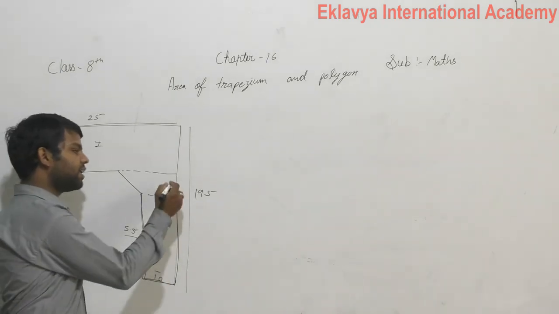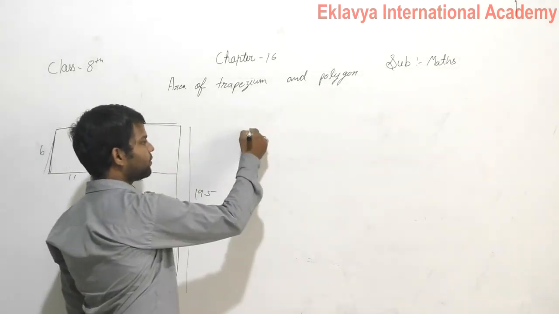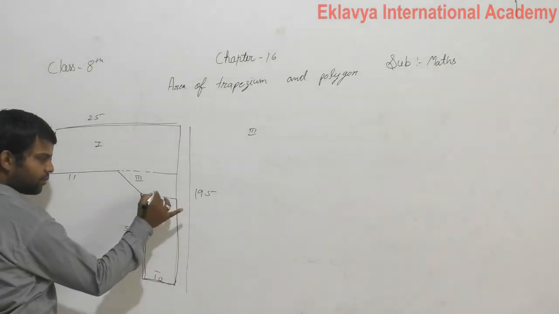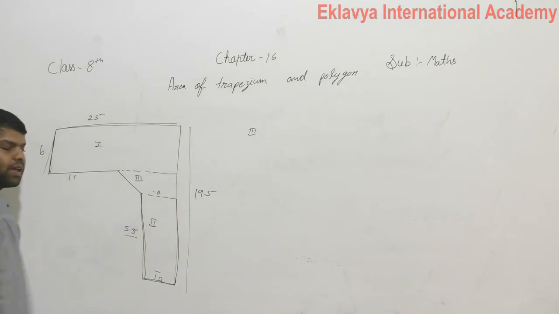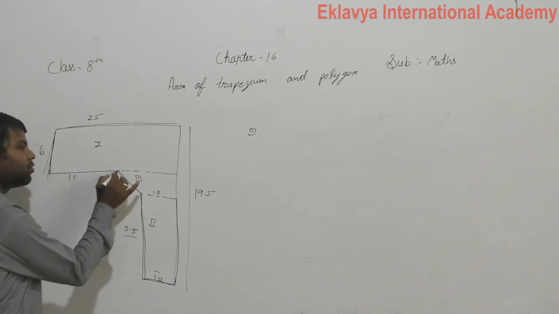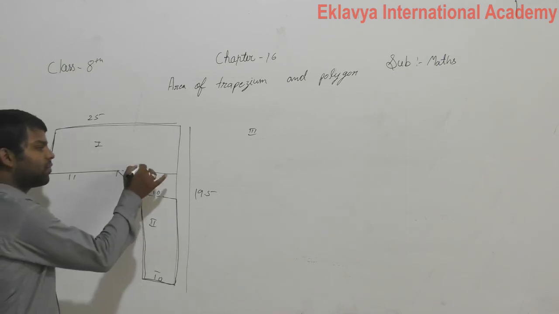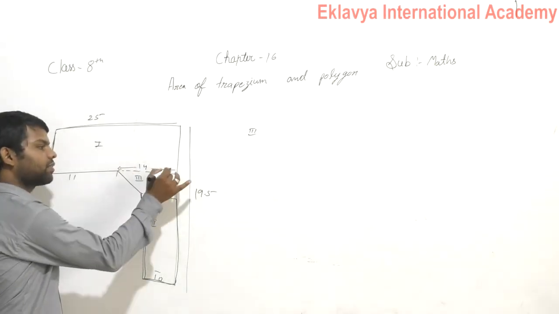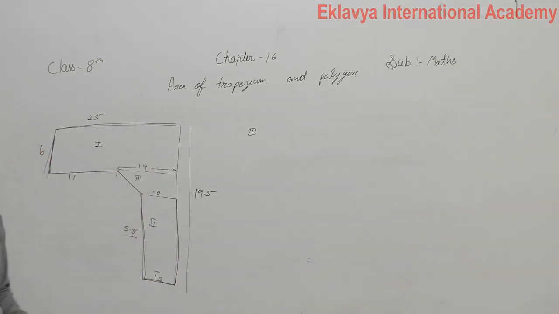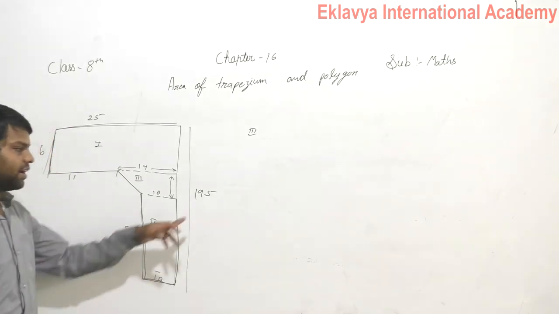Now the remaining side of the third part. In the third part, if you see, this one side is equal to 10 centimeter, then in the trapezium the first parallel side is 10, the second parallel side we got from here to here, it is 11 centimeter, then we subtract from 25, we got 14 centimeter for this side. So in the third part, the second parallel side of the trapezium is 14 and for the height of the trapezium, total length of this figure is 19.5.